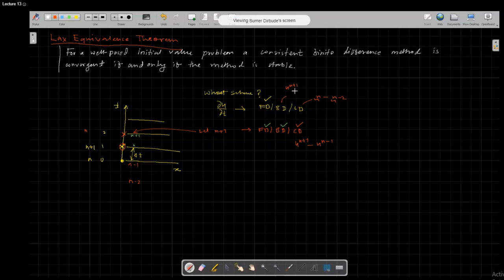u_{n+1} minus u_n, that is also possible. This is already possible: u_{n+1} minus u_n. Okay, so these two are possible, but central difference is not possible here at this location. But here it is possible